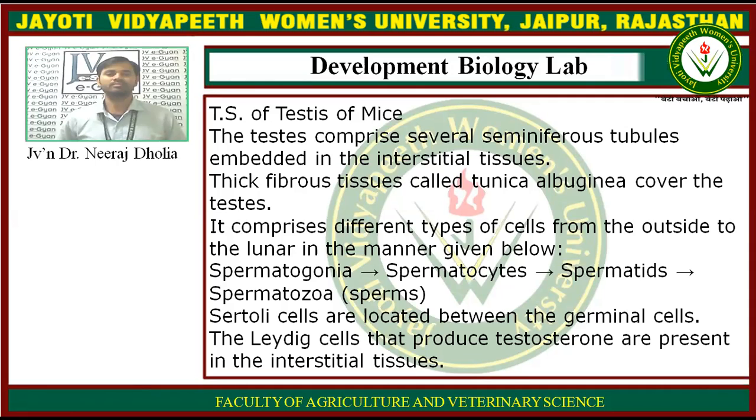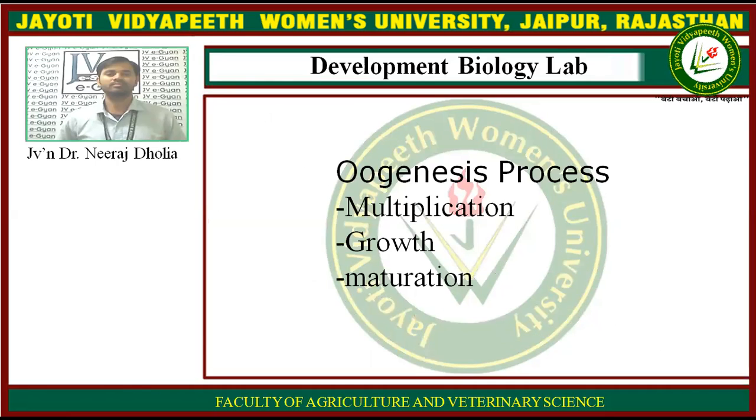It comprises different types of cells from the outside to the lumen in the manner given here: the spermatogonia, then spermatocytes, then spermatids, and finally the spermatozoa or the sperms. The Sertoli cells are located between the germinal cells and some other cells. The Leydig cells are also there, which produce the testosterone and are present in the interstitial tissues. So the three phases are there: multiplication phase, growth phase, and maturation phase in the